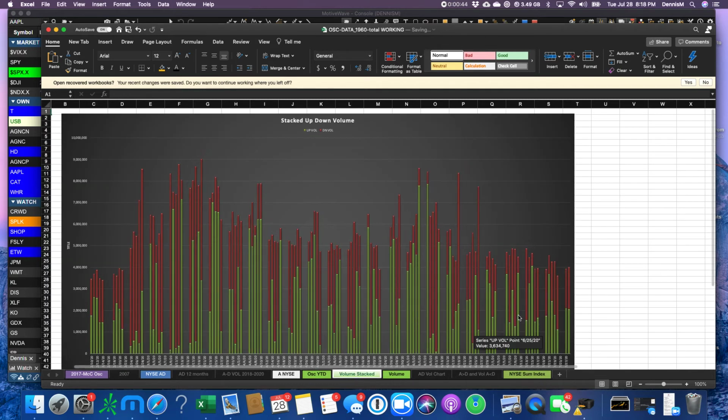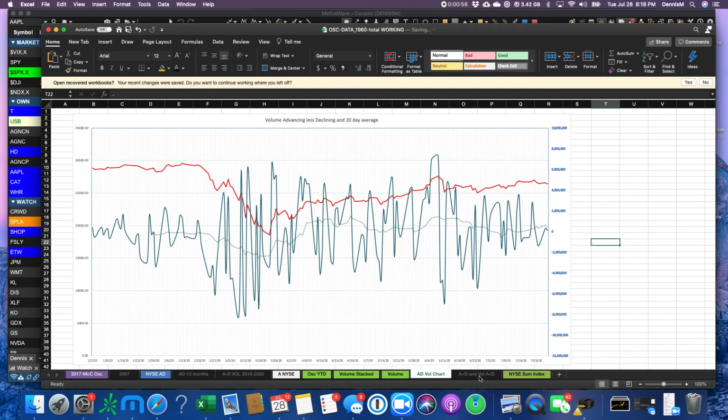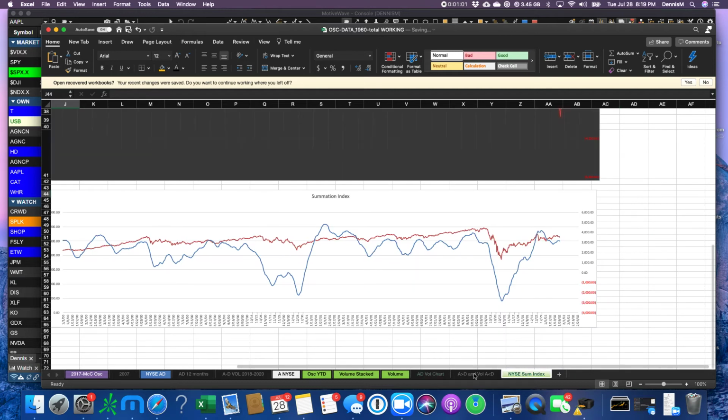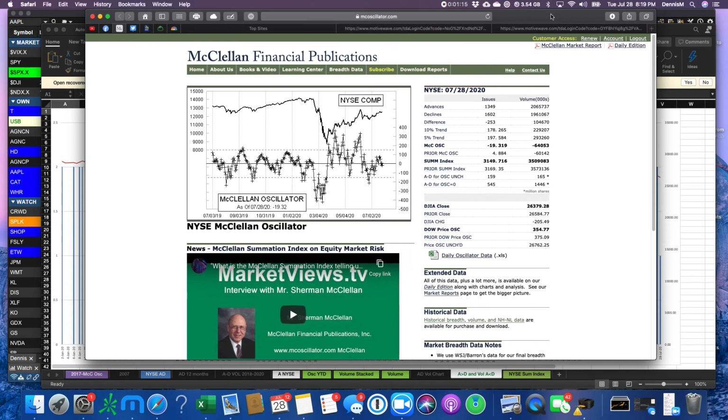The volume today looked like this, pretty much the same as yesterday. Same with advancers and decliners, so no change there. One thing a little bit different today, the summation index, this line here, we've been drawing zeros, ones, and twos. This is the first time since I've been tracking this since the beginning of the year where we've had a day where decliners led advancers,